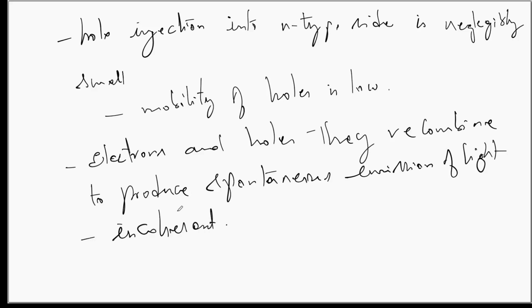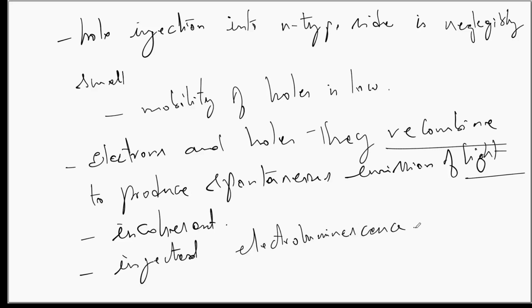So the mechanism essentially is the recombination of electrons on the p side with the holes will give rise to spontaneous emission of light, and this light will be incoherent light, and this effect is called as injected electroluminescence. The luminescence is because of the applied external biasing. So when the external bias is applied, electrons are injected into the p-type material side. There they recombine with the holes to give rise to spontaneous emission of light, and this process we are calling